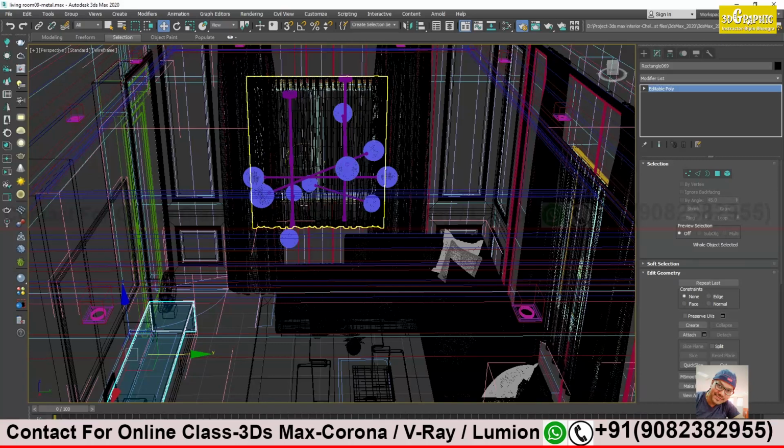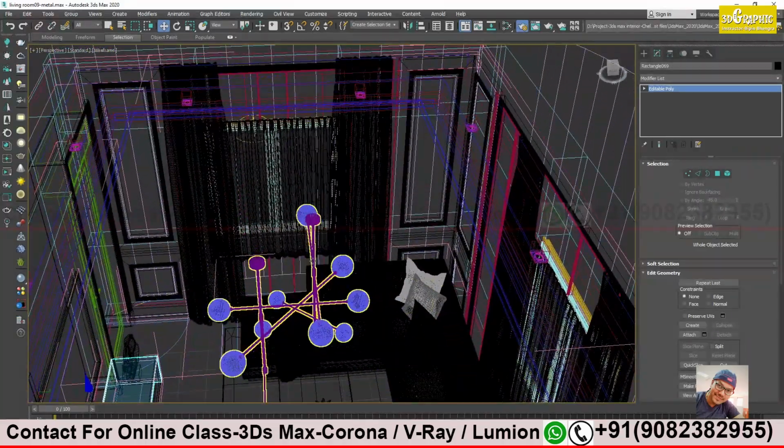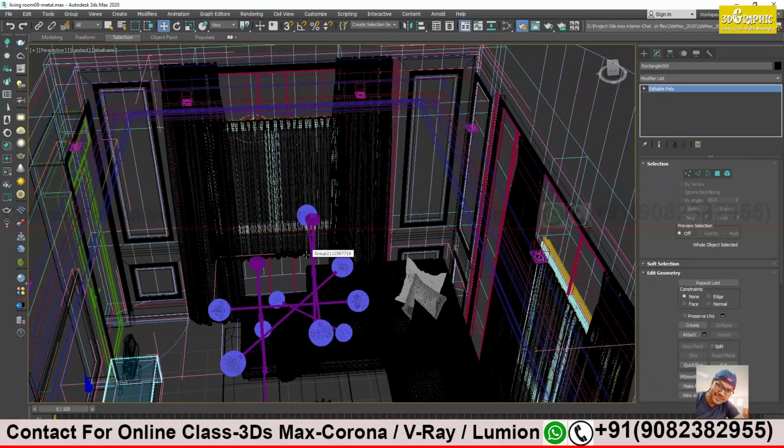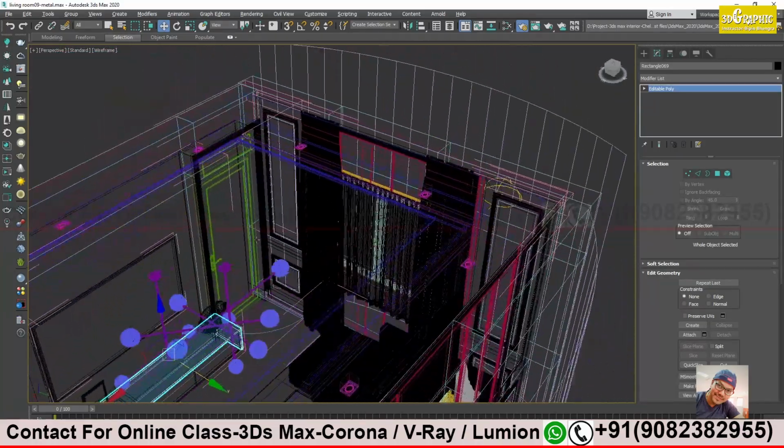Try to complete your texturing process as soon as possible, so that we have enough time for test render, final render, patch render. That will be a time taking process. We need to change the source of light and see whether this light is coming properly or not. So lots of R&D is still pending.